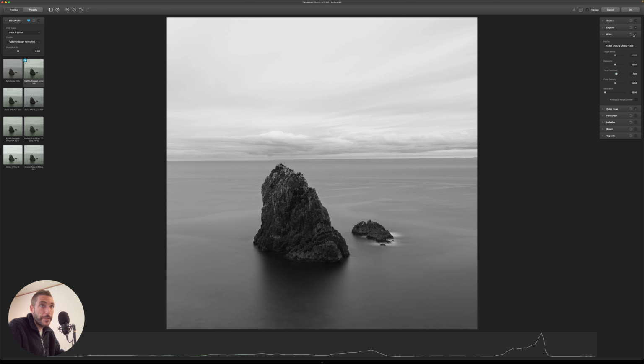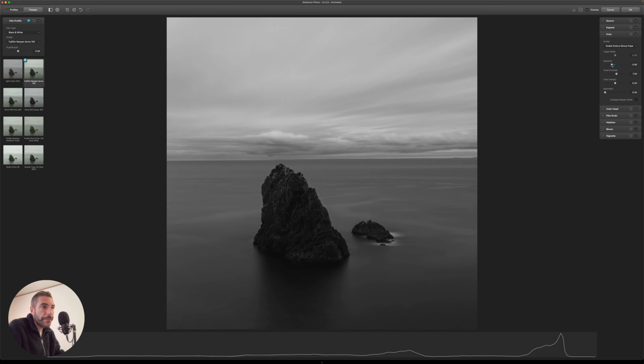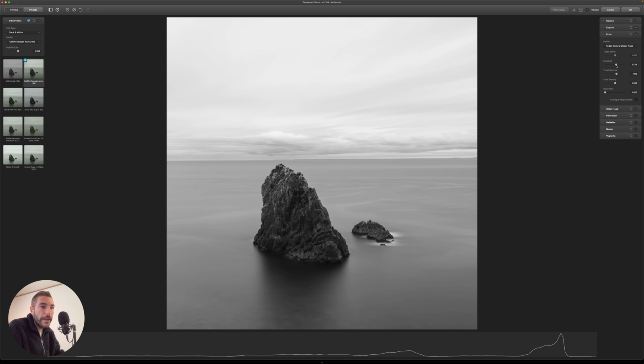And as you can see, by especially changing the saturation, this changes the image quite a bit. And then there is an exposure slider here at the top, which of course changes the exposure. And as you can see here, you can brighten up the image or you can darken it. In this particular case, I like the overall exposure. Maybe I'll just lift it up slightly, like so. Depending on the image, of course, you can make much more drastic changes here in the print tab.